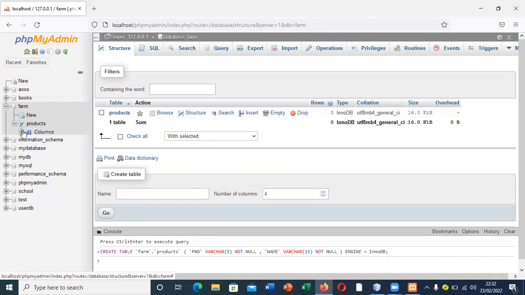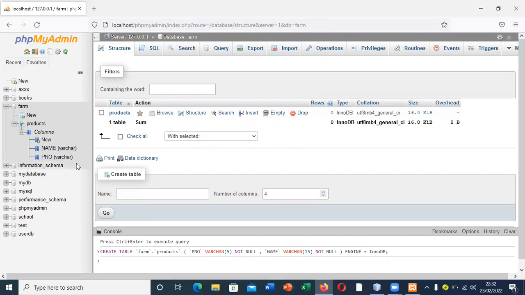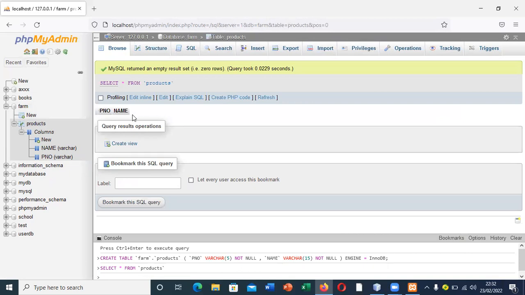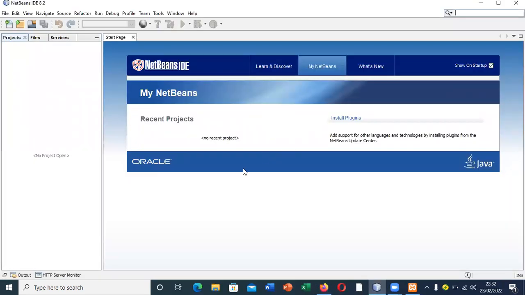When we expand that, we should see the columns which are under our database, product number and product name. They are both variable characters. In case we want to add another column, we shall just click on new and add another column. So ideally, when I click on products and I try to browse it, I realize there's no data currently. So we have our database, we have our table in MySQL. Let's go to our IDE NetBeans